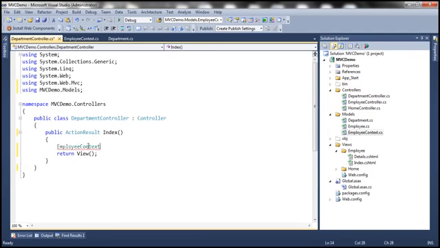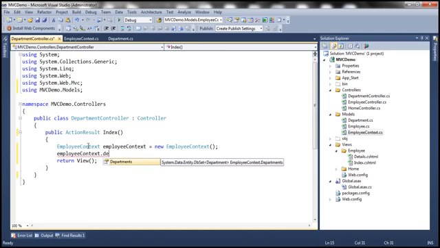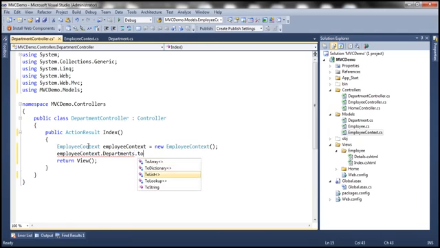So employee context, let's create an instance of this employee context class, which is going to establish the connection to the database. Then let's use the departments property of the employee context class to retrieve the list of departments that are present in the tblDepartments table. This property is going to return the list of departments. So let's convert that to a list,